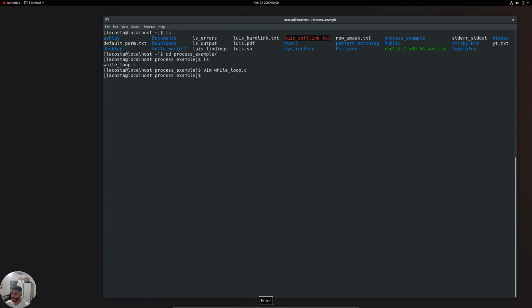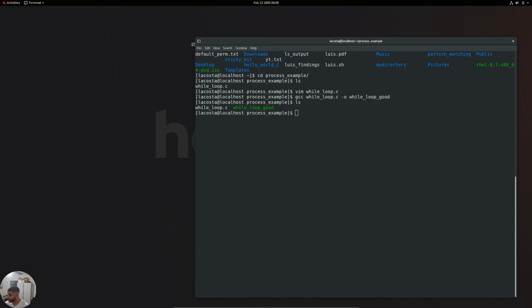So now let's go ahead and compile this particular program. So we do GCC, which is our compiler. We can do the while loop.c. We'll do -o in order to name our program. And we can call this while loop good. And if we do an ls, we can see that there is our while loop, and it's a good program. And the reason why I say it's a good program is because you'll see the difference between a good and a bad. So now, in order to see what we have going on here, let me make this a little